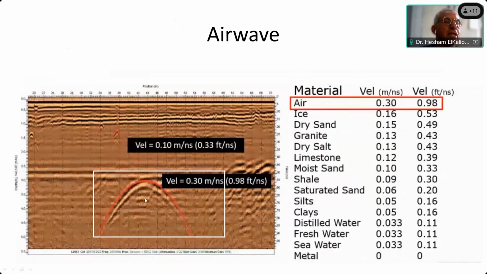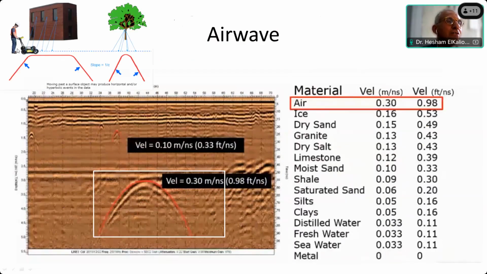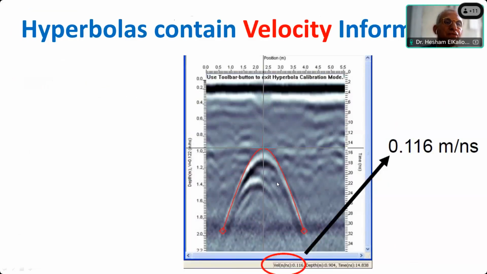It's coming actually from the outside, in the surface. It's coming from the air. So the antenna just hit this building or this tree, and we got this large hyperbola. So you need to be careful not to apply the velocity of this large hyperbola. For example, here when we're fitting this artificial hyperbola, we got the velocity of